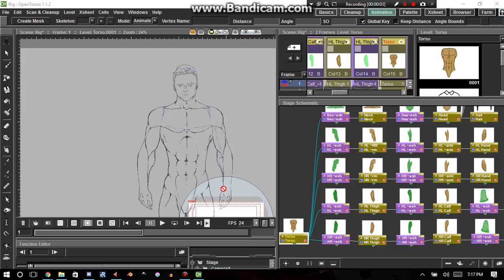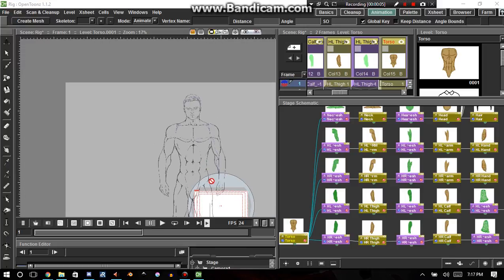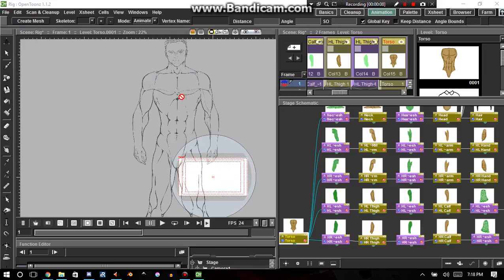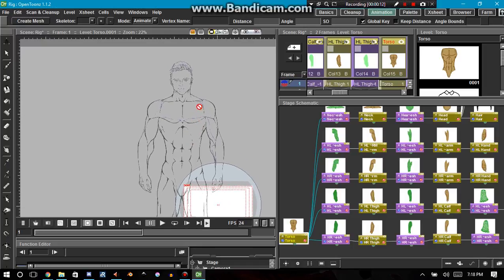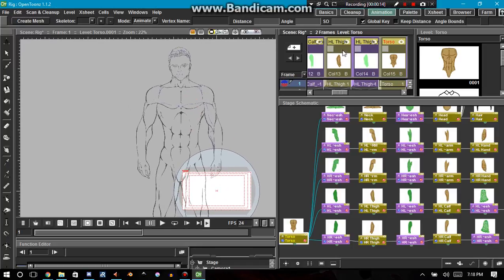This is Orphanlast, and today we're going to have a tutorial on how to create your skeleton for your 2D cutout animation rig. Now, the first step that you need to do is just go ahead and turn off all